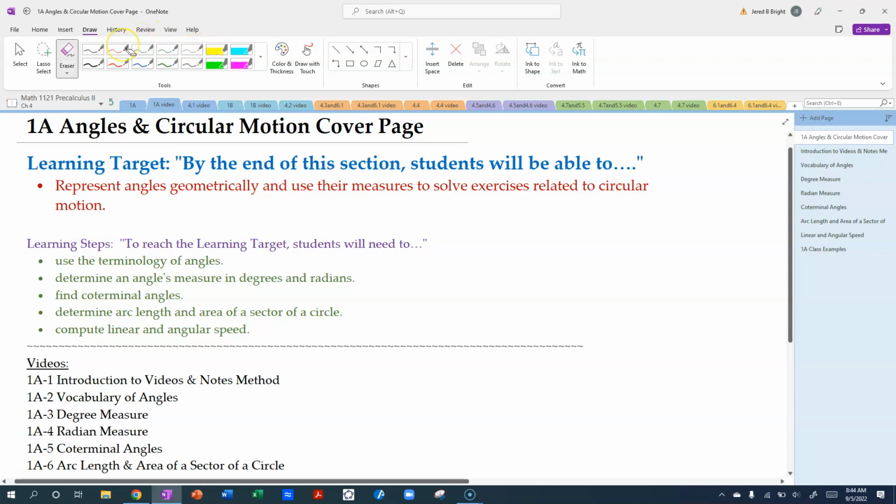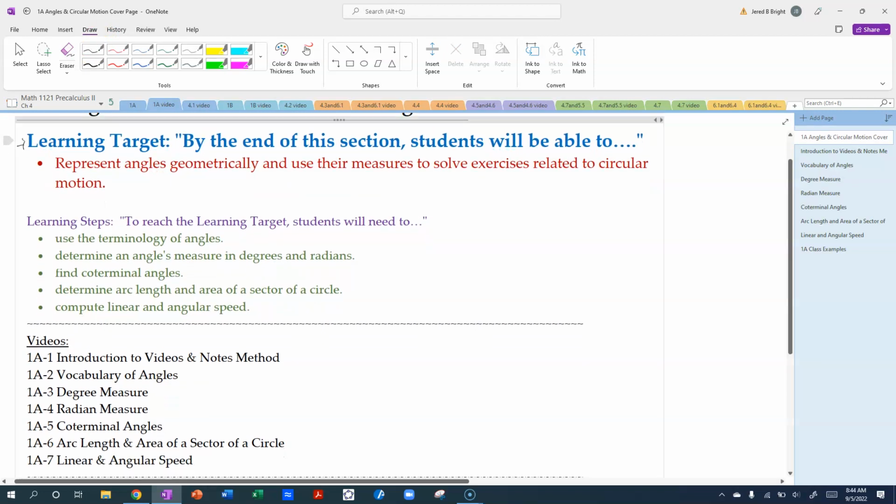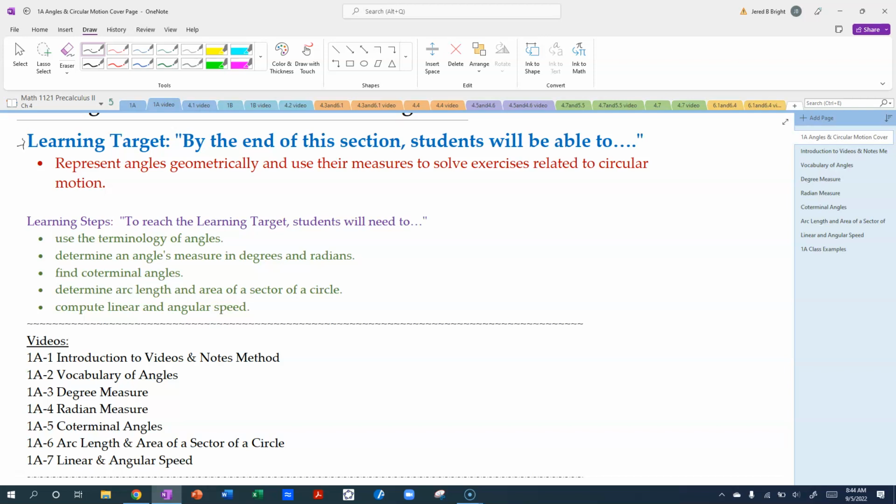In my videos, I always provide a learning target for the video series. I say, this is what you absolutely need to do. Then below, I say there's a lot packed in that learning target, so here are all the different learning steps. These are things you should be able to do to reach that learning target. If you can't say that you've mastered these, or you're not really able to do these, then you might need a little bit more time. So make sure to pay attention to those as you go through the videos.